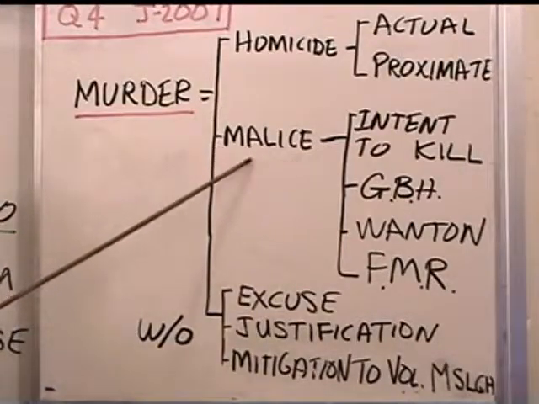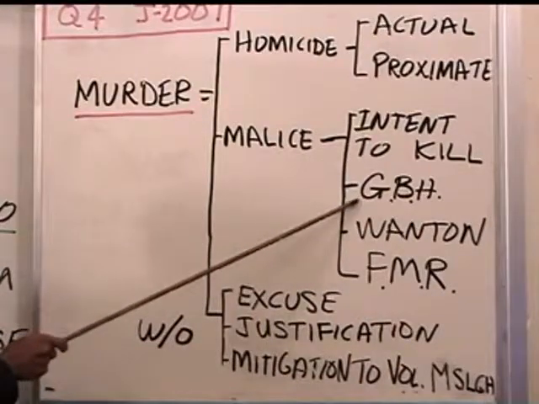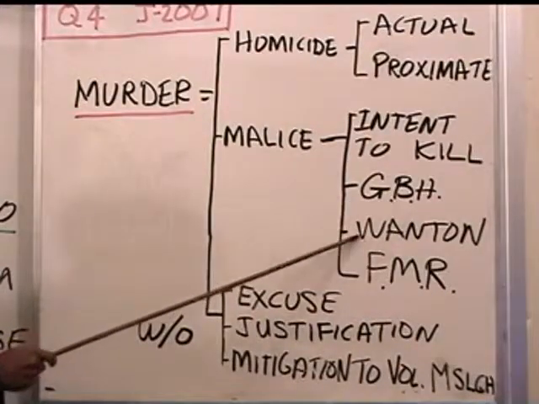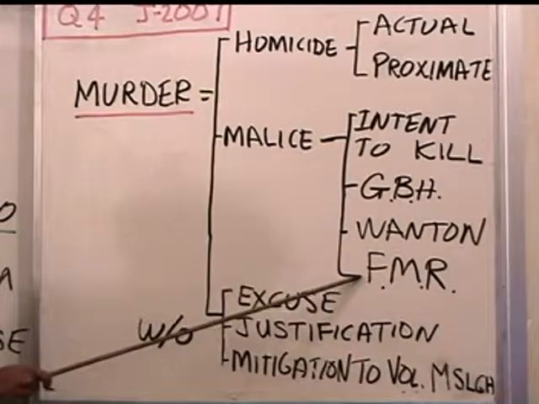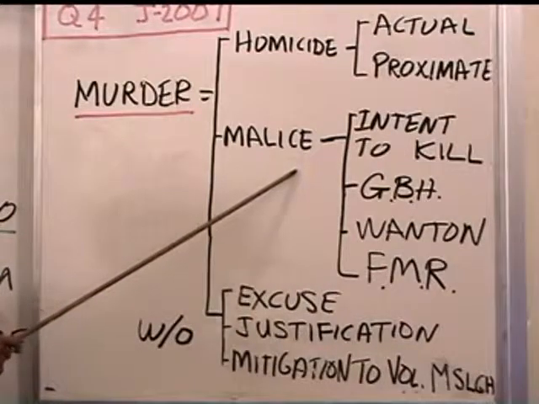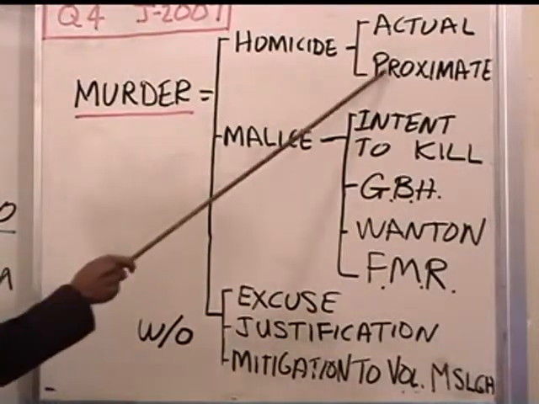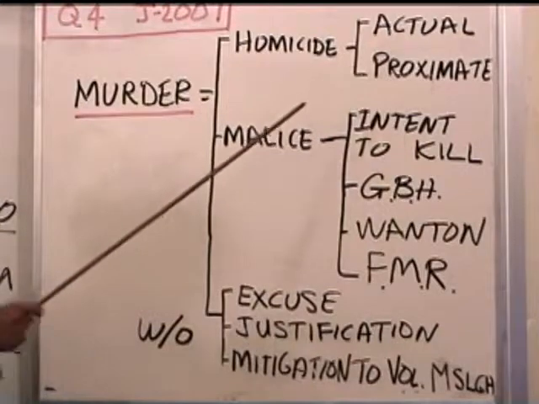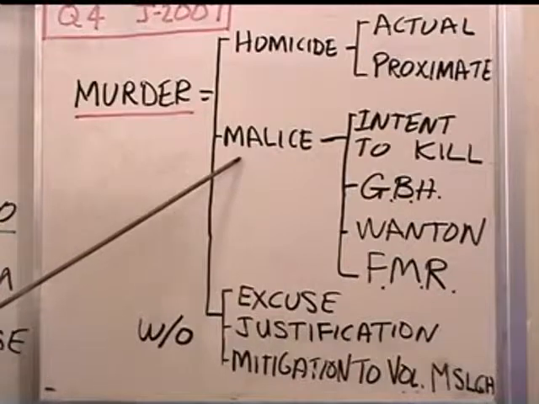Did Dan have malice? Intent to kill Dan? No way. Intent to inflict great bodily harm? No way. Intent to engage in wanton, willful conduct in utter disregard of a high likelihood of great bodily harm or death? No way. Felony murder rule, there's no felony going on here. And so you cannot find malice. So if we're trying to decide, did Dan commit murder, he probably did not commit the homicide because of the proximate cause component, and clearly did not have the malice. So already it's impossible to find the murder.